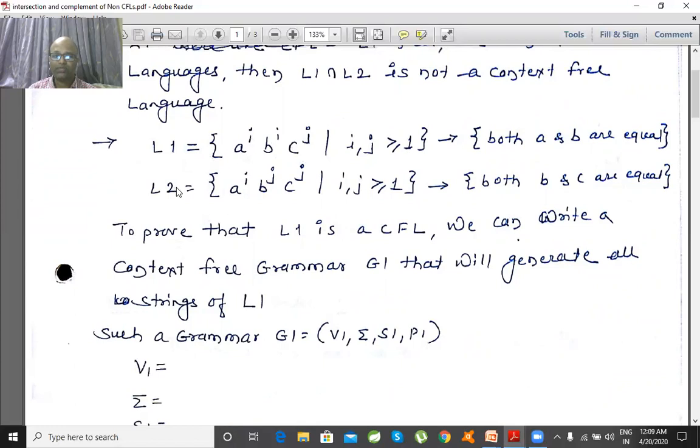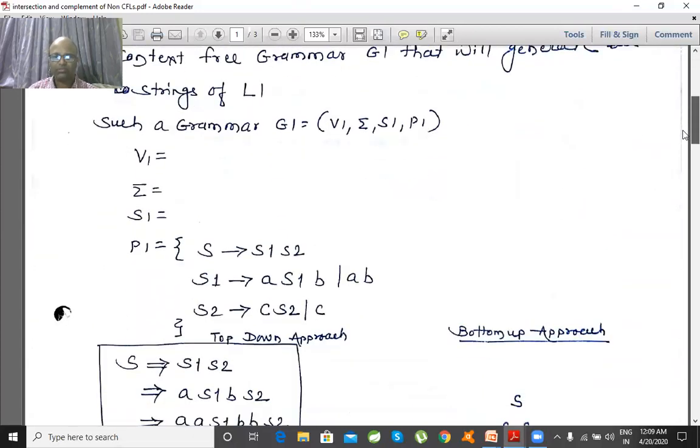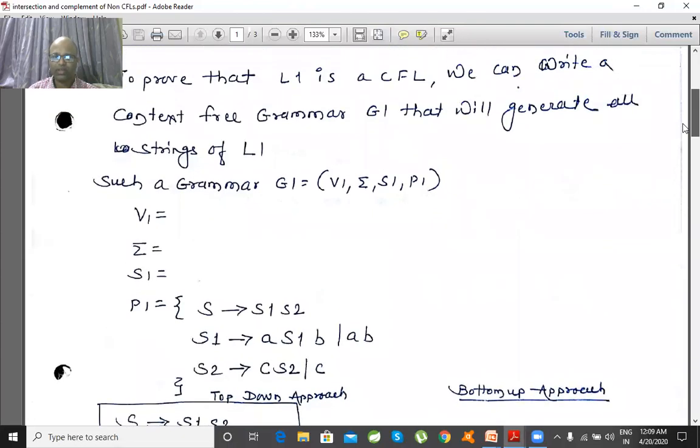What does L2 stand for? I have a raised to i, b raised to j and c raised to j. So this pattern says that even if i and j change from 1 to infinity, both b and c are equal with respect to j. Now to prove whether these are context-free languages, just write a context-free grammar which